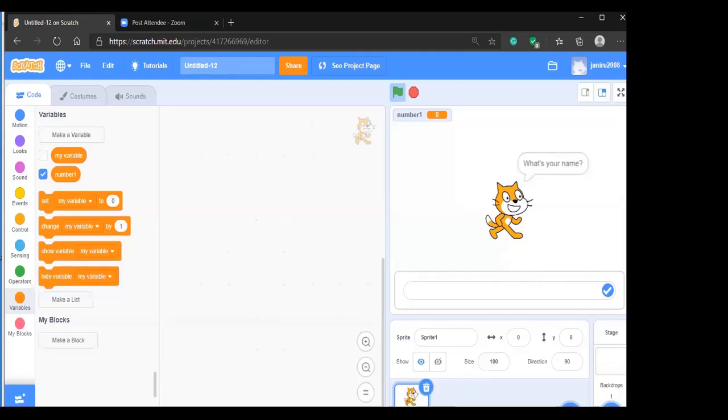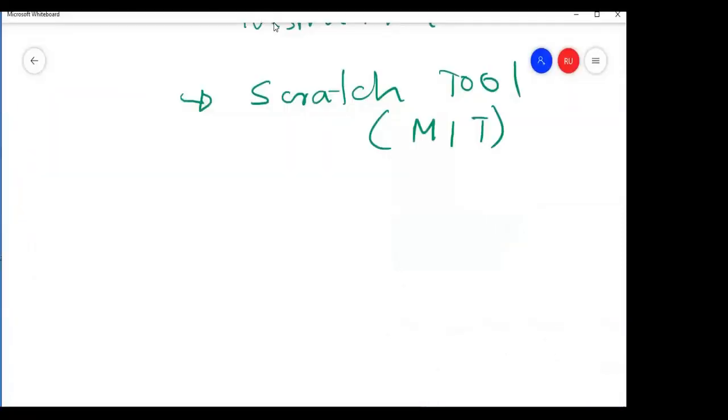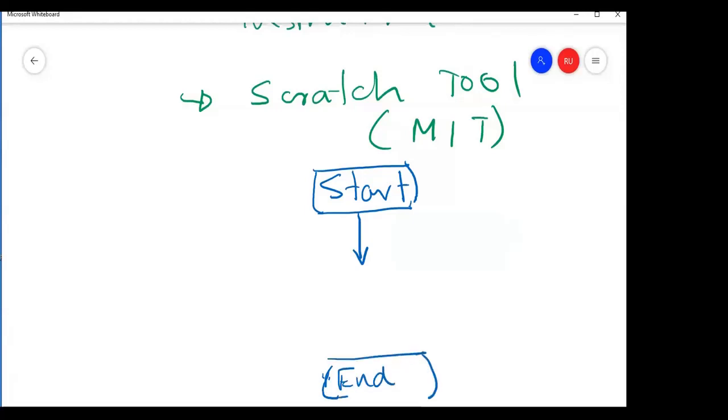When you start a program, there should be a starting point. Okay, we call it the starting place. Then we go into the next section, and finally you have to end your program. So when you write a program, we will have some instructions here. You have to have a starting place and an ending place.